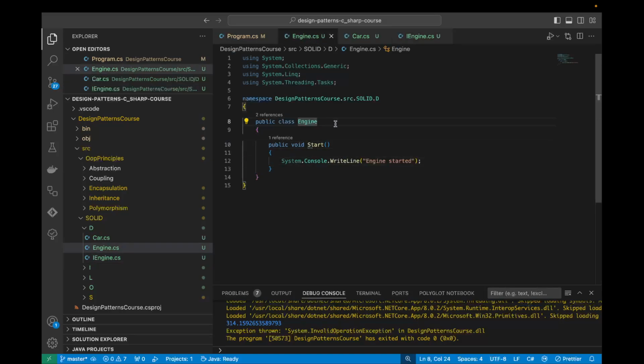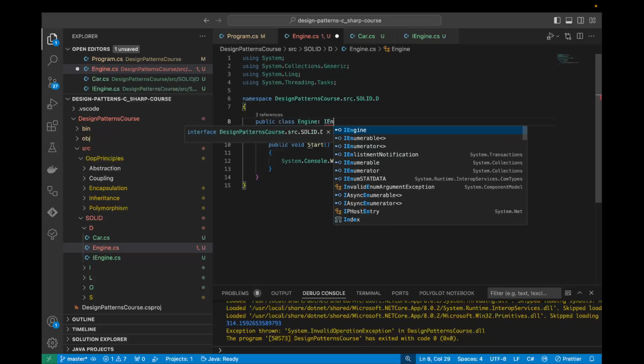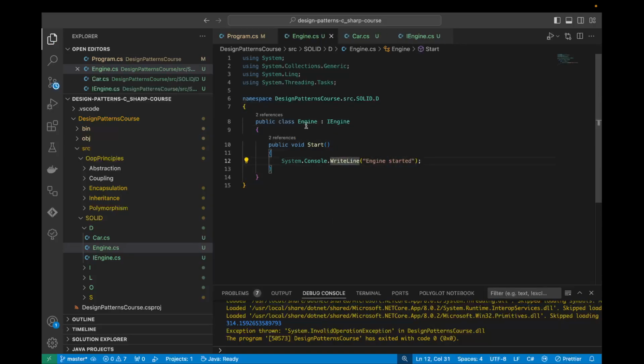Then inside of our engine class, we can say that Engine implements IEngine. Okay, so an engine is an engine, obviously, and we don't need to do anything here because our engine class already has a start method. And then in Car,